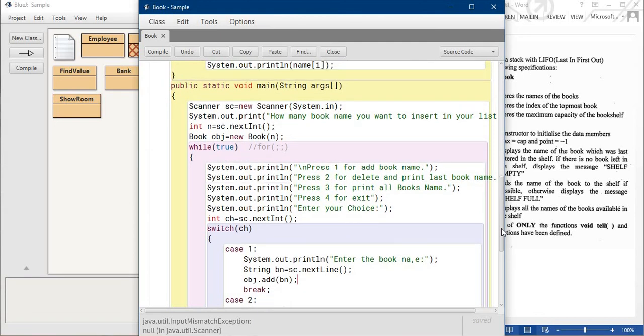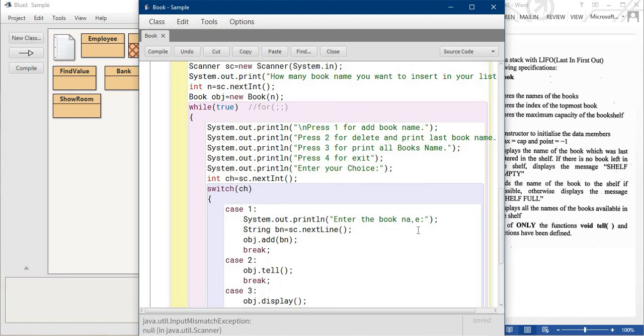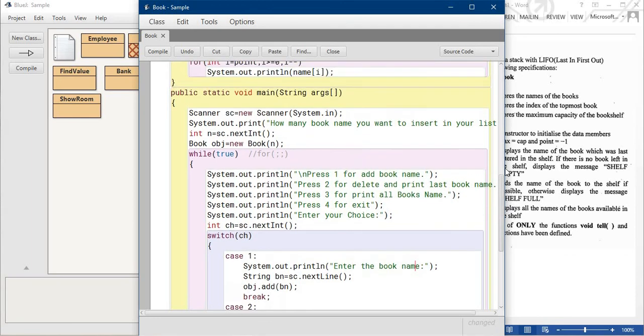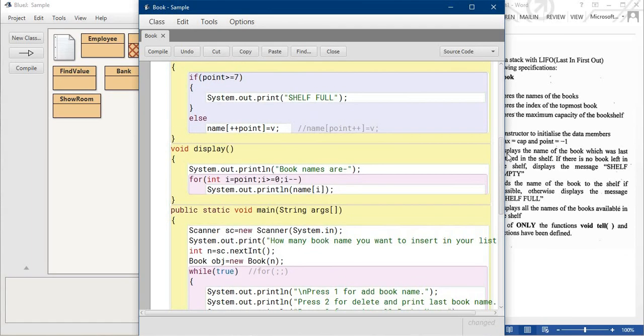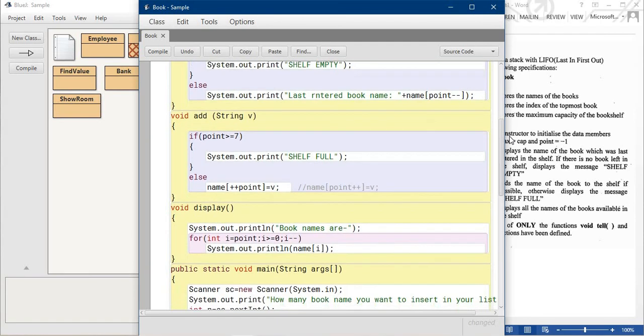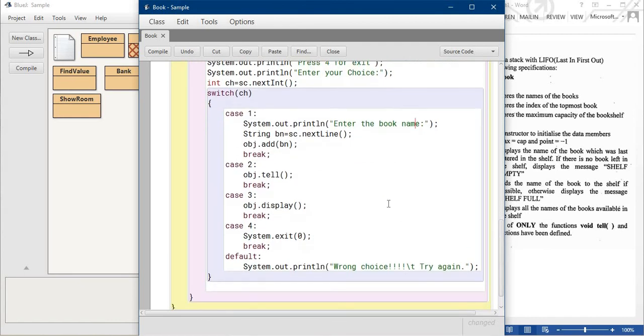String bn is okay. The choice is 1, case 1. String bn = sc.nextLine() is okay.